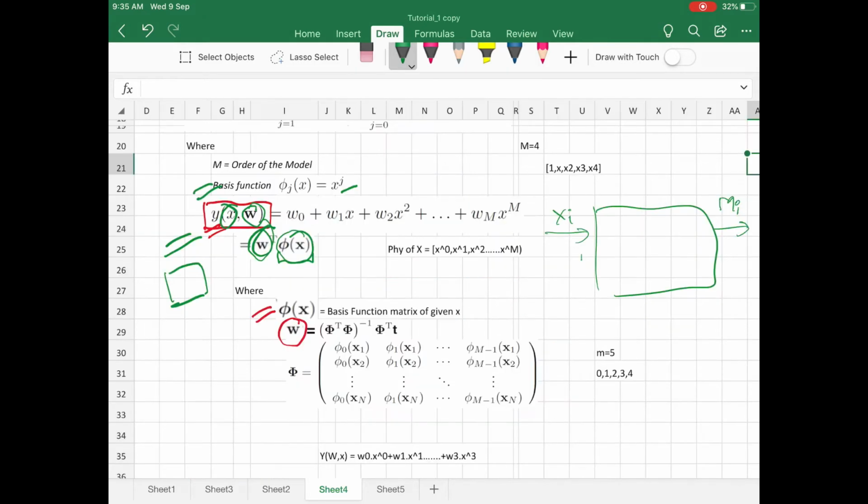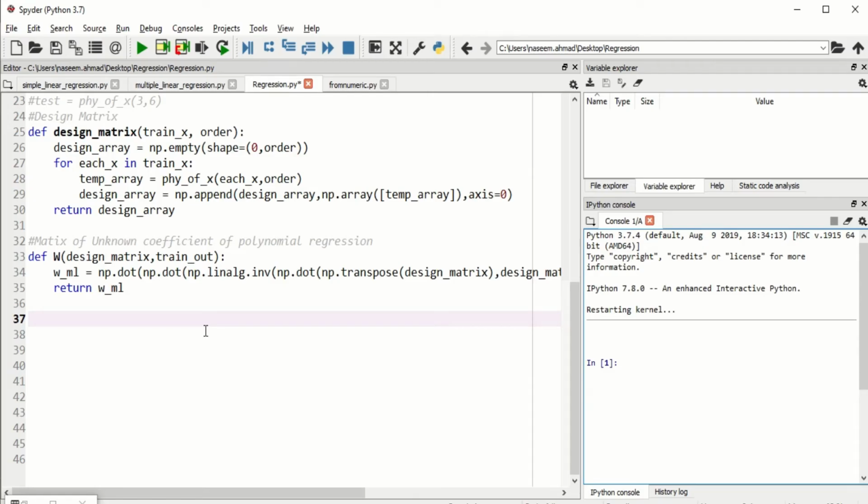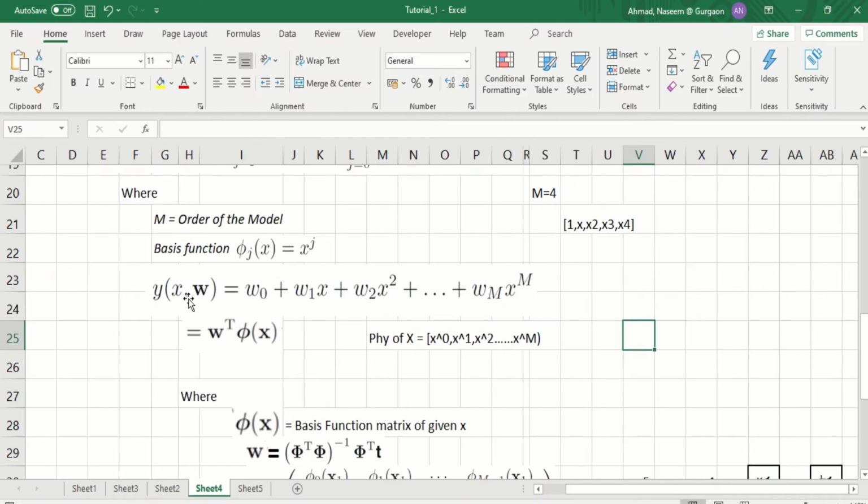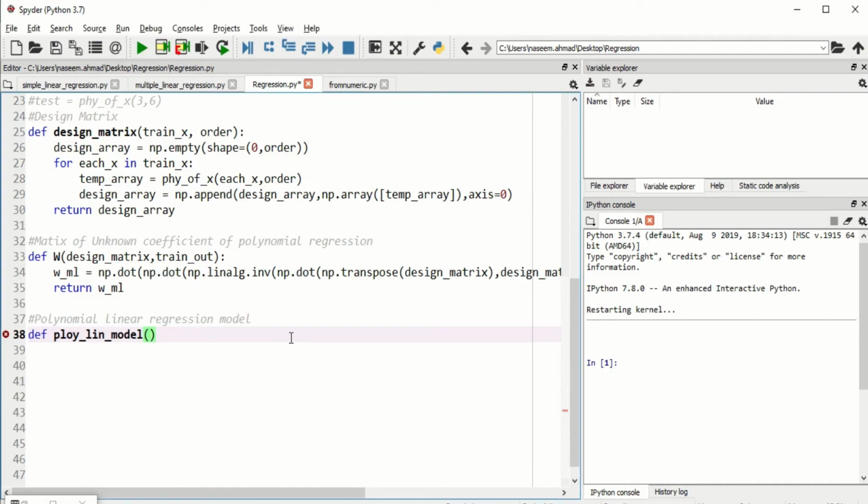So the very first thing we need to do is to create a function in Python. Let's do it. Let me comment it out. First thing, model. How to create a method in Python, def. Every time we need the value for a given X from this model, so we need to supply X to it. So the very first thing, let's decide the given X as the first argument of this model.